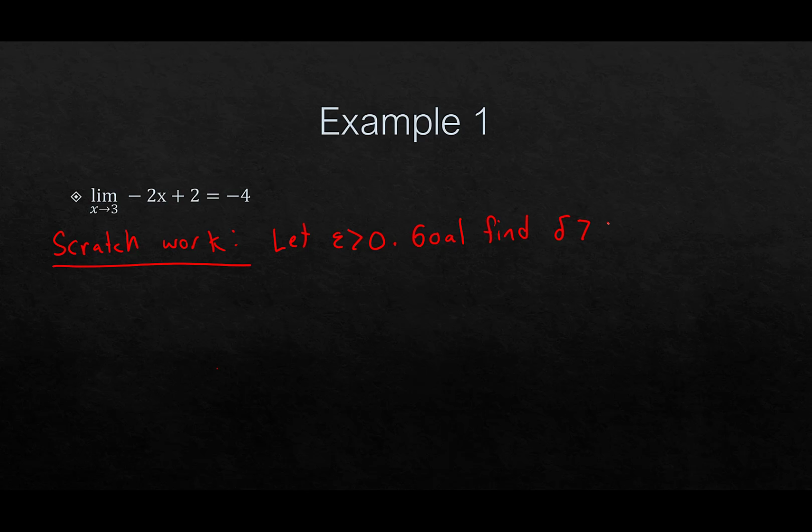find delta. I always like to think about it's like you have some person on the street and he's like, hey, here's an epsilon. And then your goal is to say, ha, here's a delta. Because that's how limits work. If someone gives you an epsilon, you should be able to come up with a delta that will give us the distances that we want, those absolute value or those inequalities that we want. Okay, so let epsilon be greater than 0. Our goal is to find delta greater than 0, some delta greater than 0.